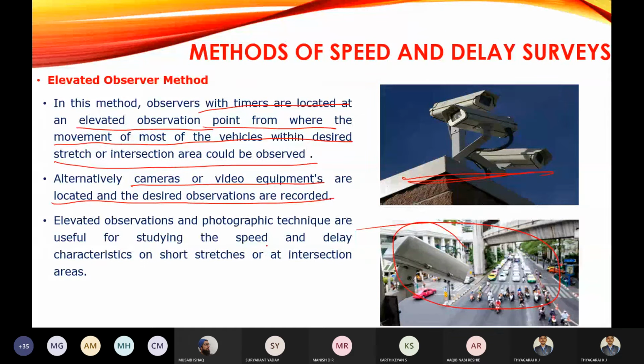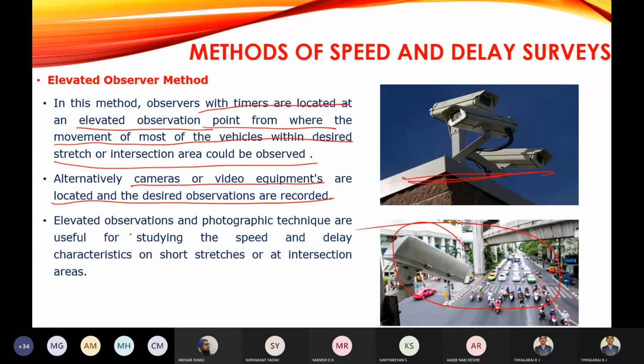You can see here at the intersection we can install a camera and we can record the reading. So at the intersection, the CC cameras will be installed. Why? To record the speed and delay study, or for other purposes, such as to record violations made by the road user. Whenever you install the CC camera, you can get the data: what is the arrival time at that intersection, what will be the delay, and what will be the departure. We can easily analyze the situation.